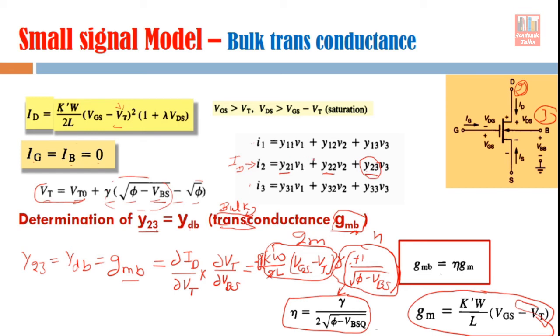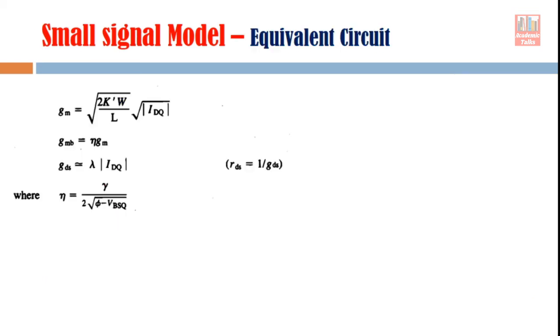All the three constants we understand now. Now we have to use these three constants and write the complete equation, and then draw its equivalent circuit. So now let's summarize everything which we have derived so far.